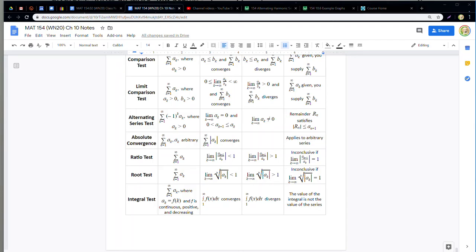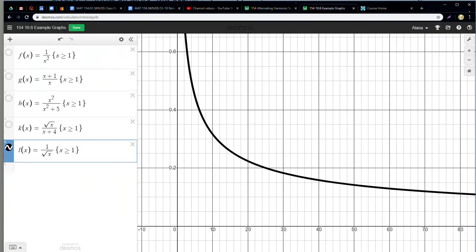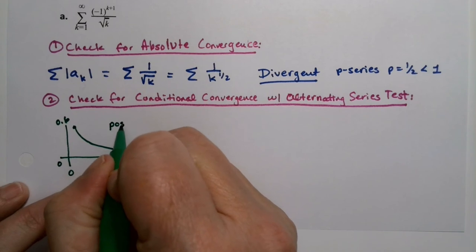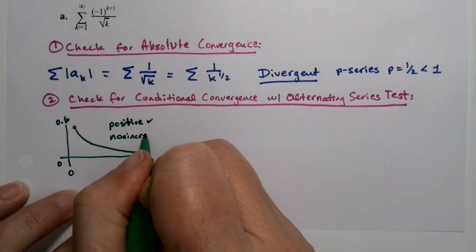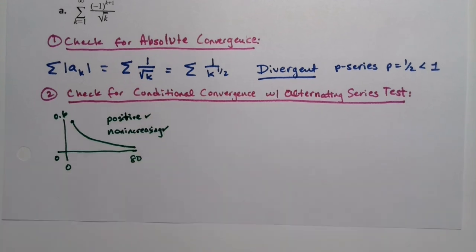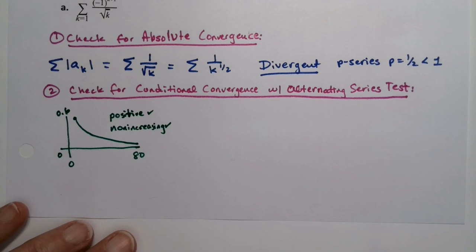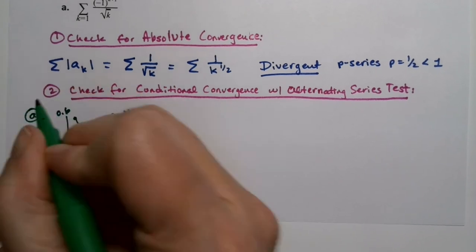All right, so we find the terms are non-increasing and positive by drawing a graph of the thing. So let's grab a graph. Right here. Hey, we already did this one. Okay, so we will draw a sketch of that picture with, of course, some scale in there. So it goes from 0 to 80 and 0 to about 0.6. And lo and behold, it is positive because it's always above the x-axis, and it is decreasing. So this is positive, and I should say non-increasing. Decreasing is the most common form of that, but technically it's non-increasing. All right, so that's part A, right, 2A. 2B